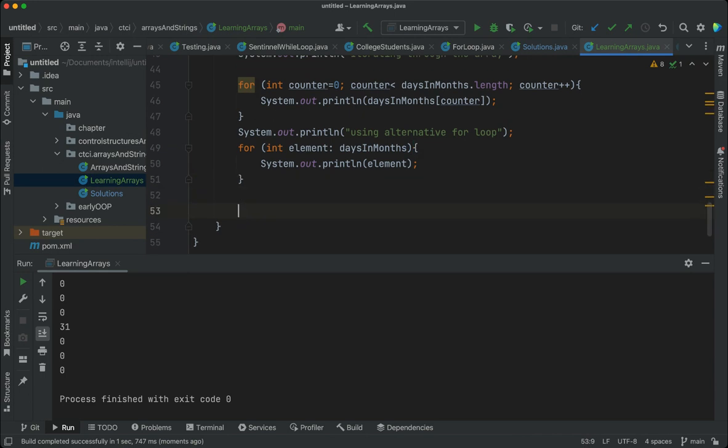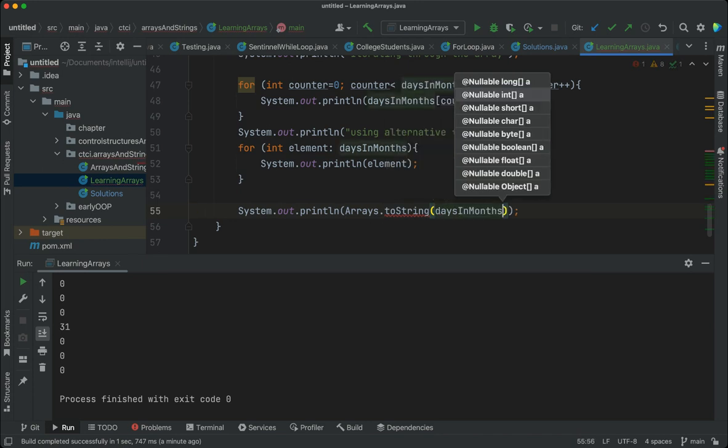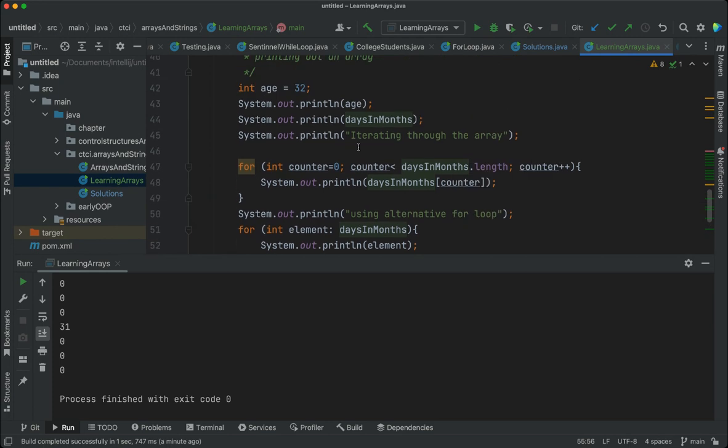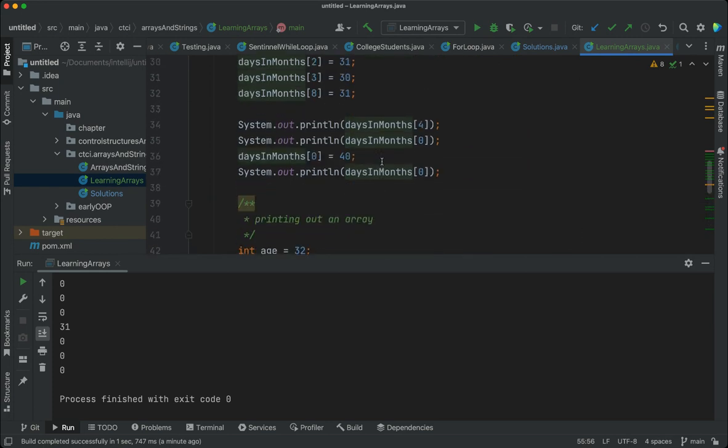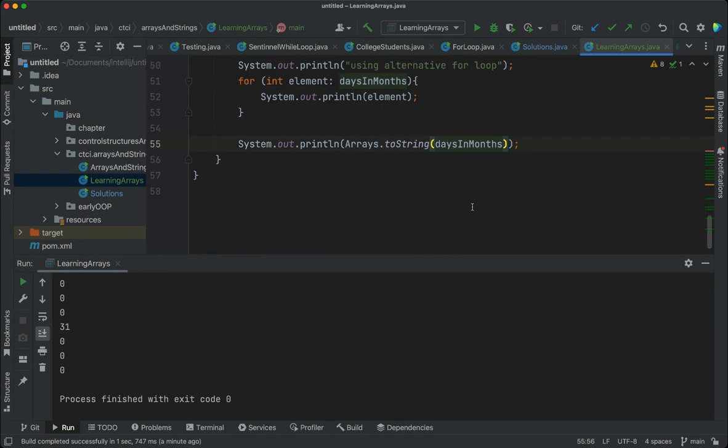Another way to print out the content of an array without having to loop through is to do this. You use Arrays from java.util, Arrays dot toString. Then you pass in the particular array you are trying to print. You could also do the same for the other array. I also have names of footballers, right? So let's say,